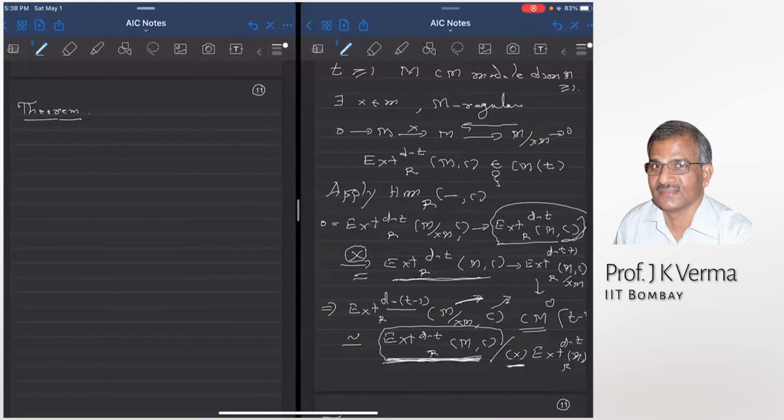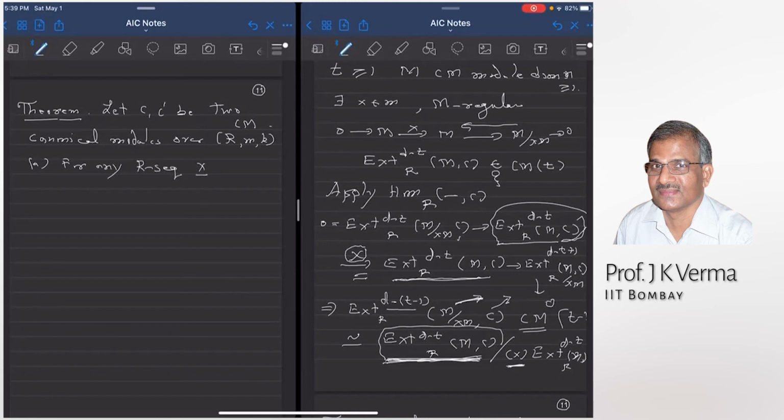Yes, sir. Okay, so now we want to prove that any two canonical modules are isomorphic, if they exist, over a Cohen-Macaulay local ring. So that is the result. Let R, m, k be a Cohen-Macaulay local ring, and let C and C prime be two canonical modules over the same Cohen-Macaulay local ring. Then for any R-sequence,